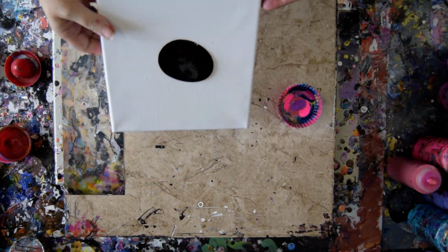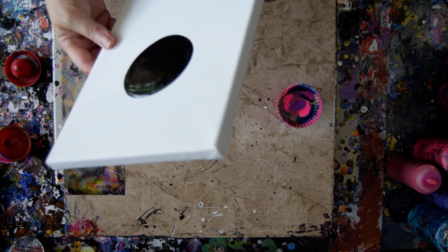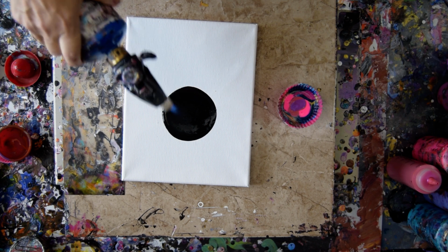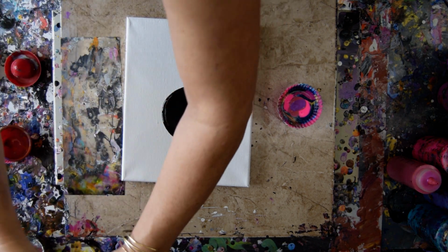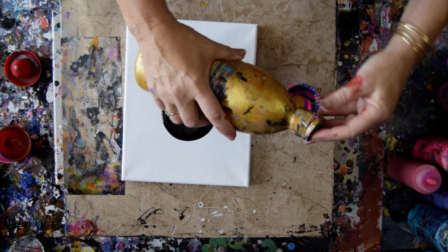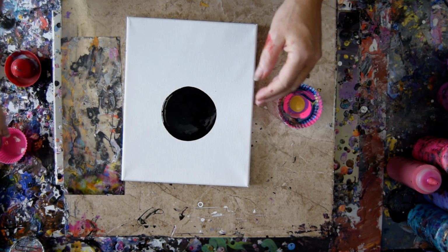Usually I would spread this paint around, and that's probably a good idea, but in this case I'm not going to do it. I'm going to hit it really fast with a torch. There's a bunch of little bubbles I can see. And I'm probably going to do that again. So I'm going to use this gold, which is a combination of all kinds of golds. And I am going to